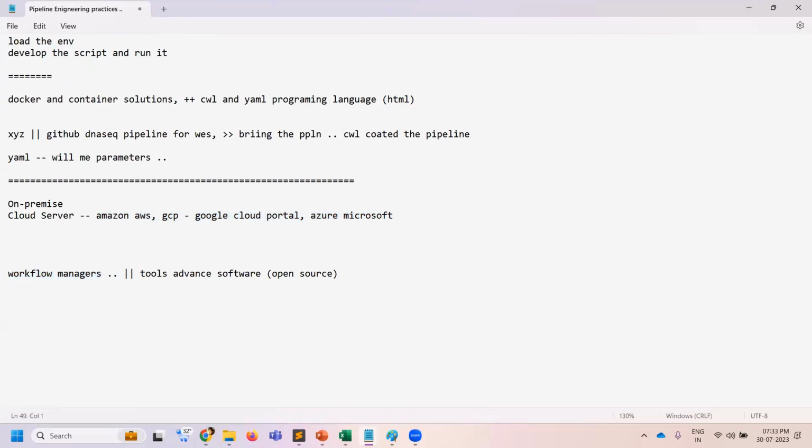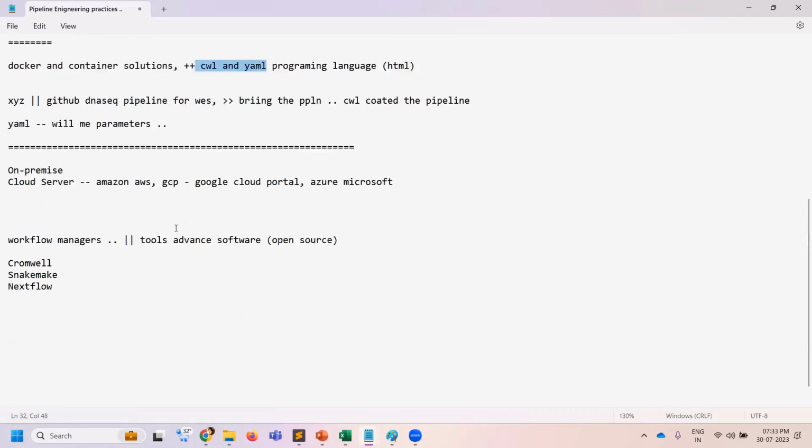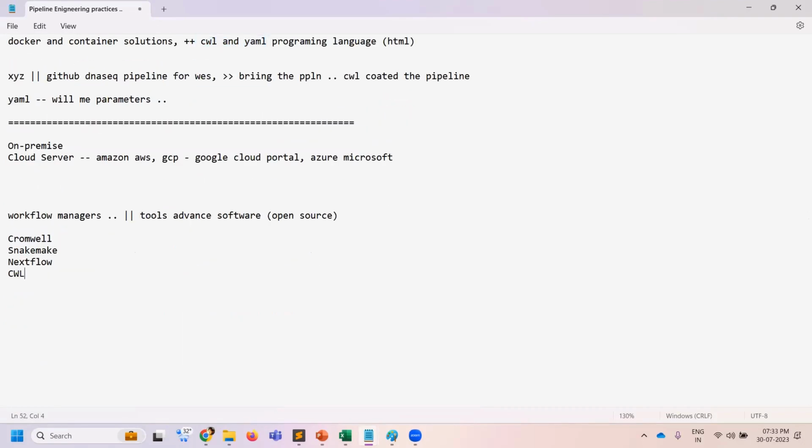What are they? One is Cromwell. One is Snakemake. One is Nextflow, that we are talking about. Sometime before I mentioned CWL, right? CWL is also a workflow manager. And more than that,